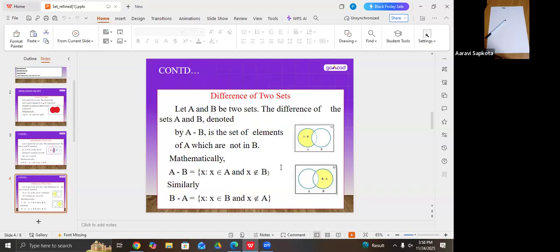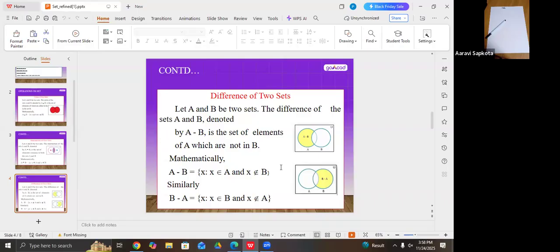And if we talk of A minus B, A minus B को कुरा गर्छौं भने that is the set which consists of the elements of A which are not in B. That is, set A minus B is obtained by taking the elements of A which are not in B,